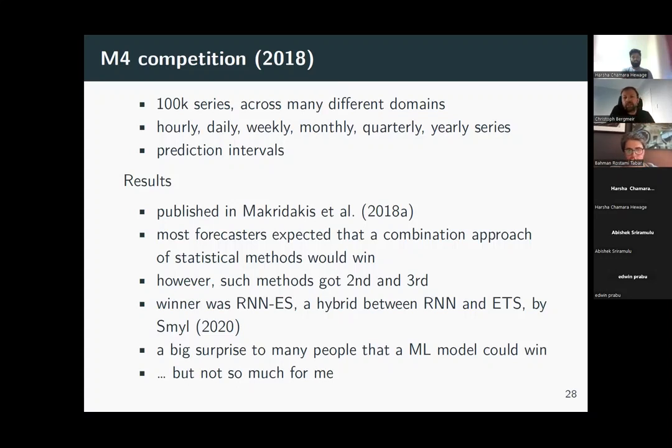The results, I would argue that most forecasters back then expected that a combination approach of statistical methods would win. However, those actually got second and third, and to everybody's big surprise, the winner was, now it's called ESRNN, a hybrid between a recurrent neural network and exponential smoothing by Slawek Smyl. It was a big surprise to many people that machine learning is competitive and that it works so well. I kind of saw it coming